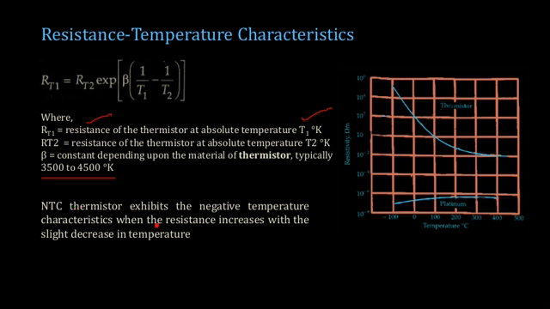Now the NTC exhibits negative temperature characteristics, which you can see here. As the temperature changes, say in the range from 0 to 200 degrees, or a variation in the range of 0 to 400 degrees, your platinum resistance is also shown here. Platinum resistance is a positive temperature coefficient RTD, resistance temperature detector. So the resistance is varying in this range,